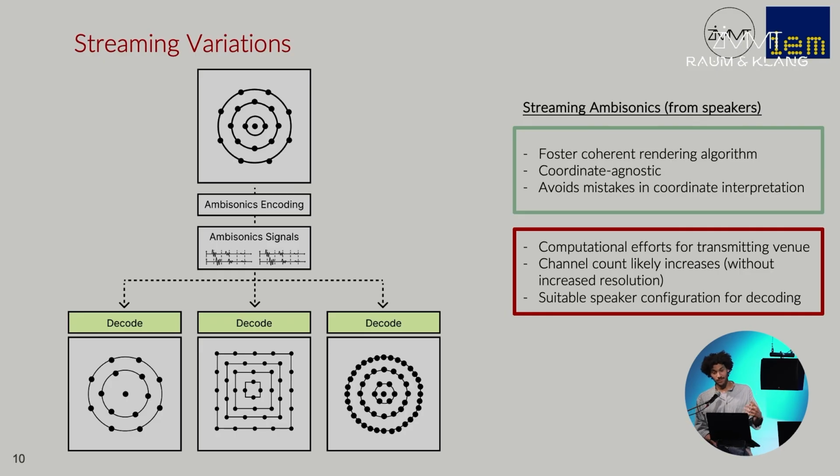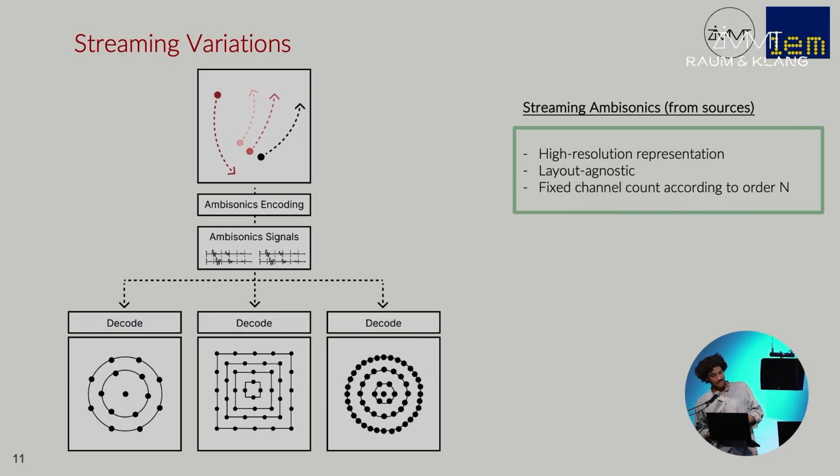Furthermore, it's also dependent on the playback system at the receiving end, because we know ambisonics has some kind of spherical dependencies. And an alternative, therefore, could be to already take the sources and encode those into the ambisonics domain. One key advantage is that we have a high resolution, format agnostic format that we can just provide. Most venues can just use that and decode it to their